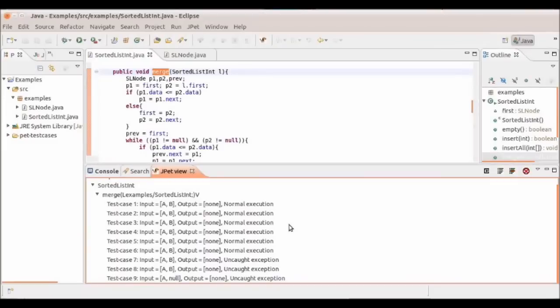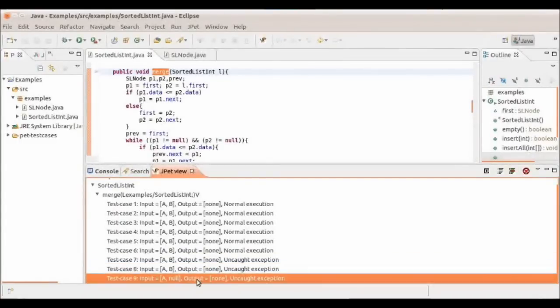For each of them, we can see its input and output arguments, and also whether the execution ended normally or with an uncaught exception. Let us observe the last 3 test cases, which, as we can see, are exercising executions ending with an uncaught exception. In the last one, we can directly see that the exception is produced when the input argument is a null